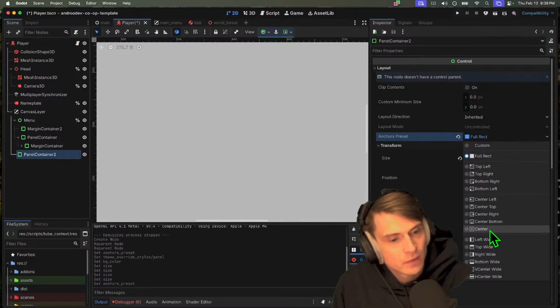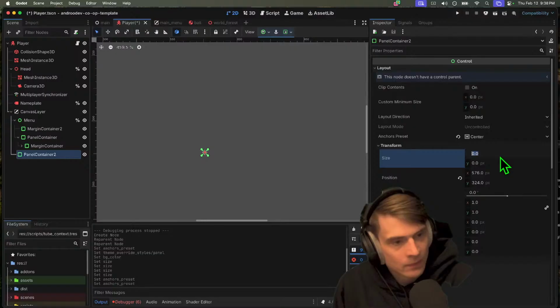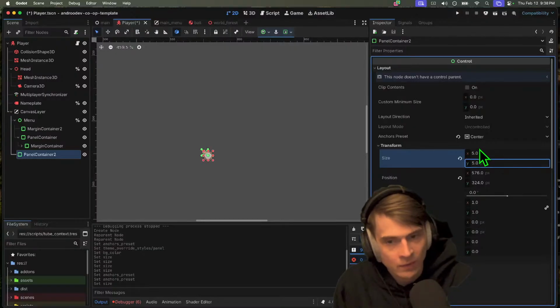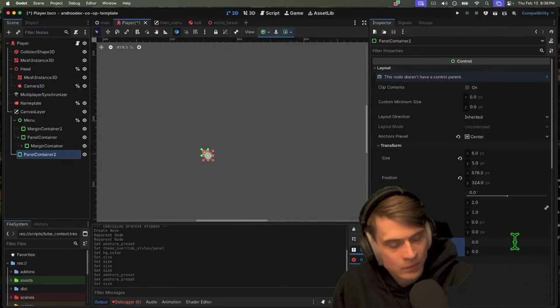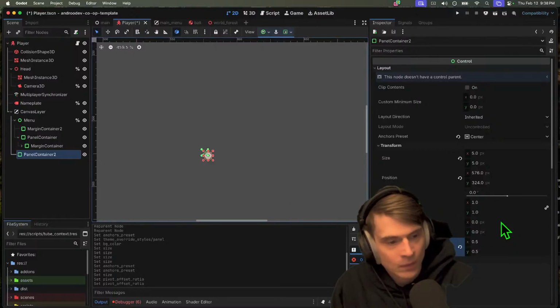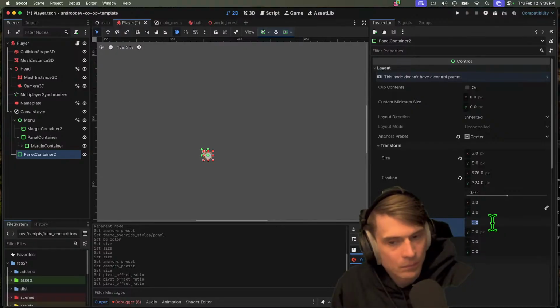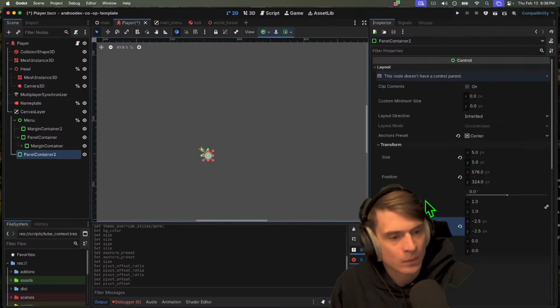Full rect center. Ah, he's so small. You don't see it. What if we do 5? 5. There it is. And then pivot offset. Our new pivot offset ratio. 0.5, 0.5. That's not the right tool here. Okay, so